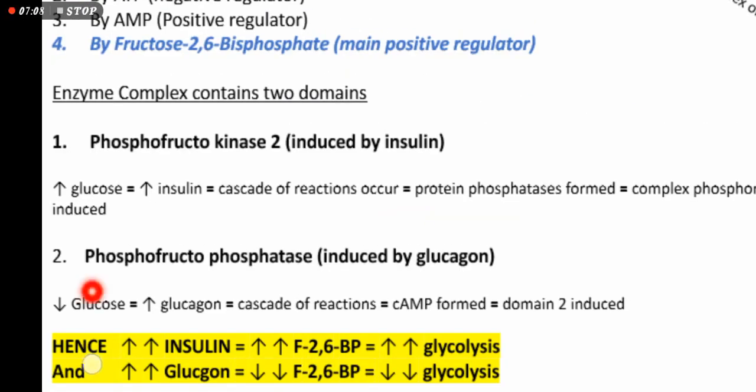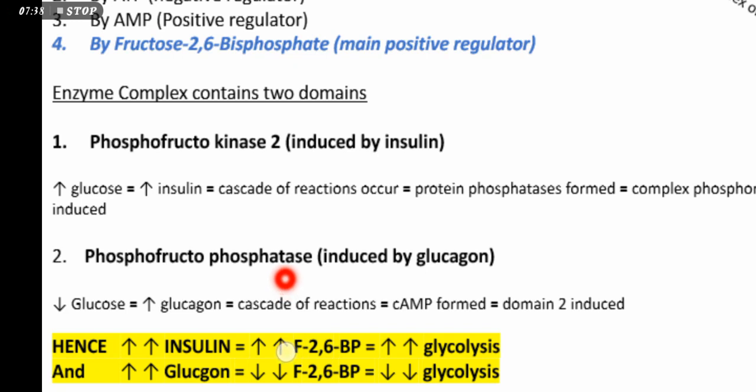Well, let me now explain the second, how glucagon actually affects this. Decreased glucose in blood causes increased glucagon secretion. As a result, a cascade of reactions occurs when glucagon binds to receptors in the cell, intracellular signaling occurs, and cyclic AMP is formed. This second messenger is formed. Hence, domain 2 is induced, that is the phosphatase. The phosphatase actually dephosphorylates the